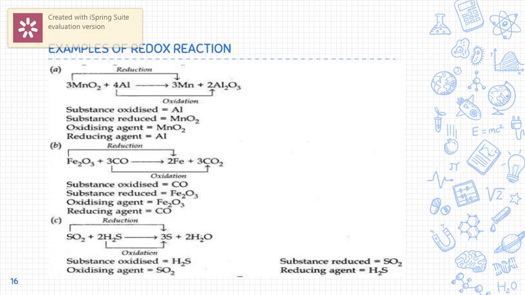The one who is helping oxidation is called the oxidizing agent, and the one who is helping the reduction reaction is known as the reducing agent. It is like our LIC agent or the active agent who is helping us in doing some work. Like that, these chemicals act like agents.